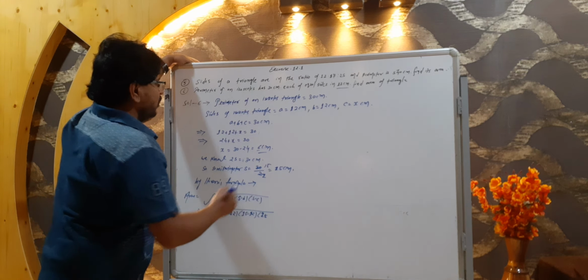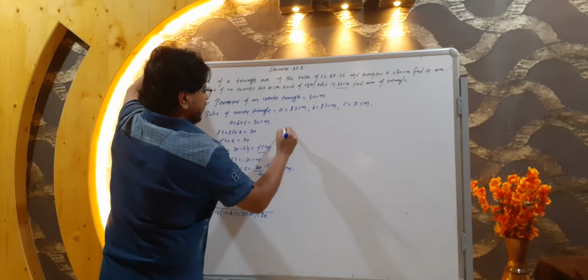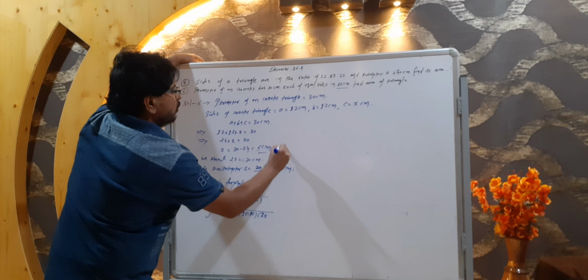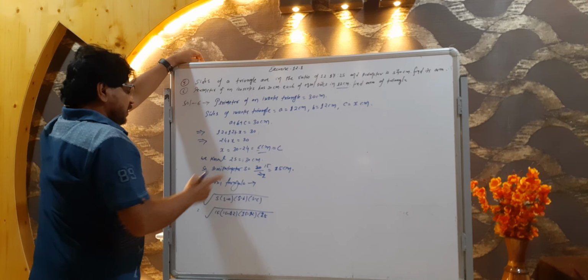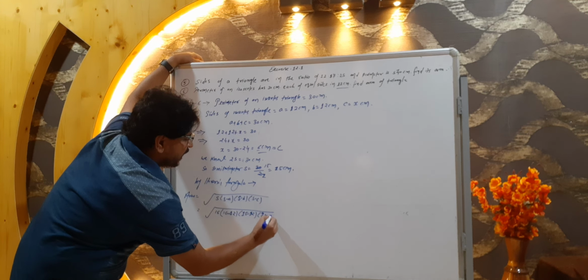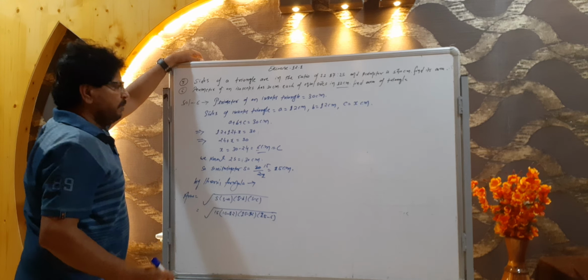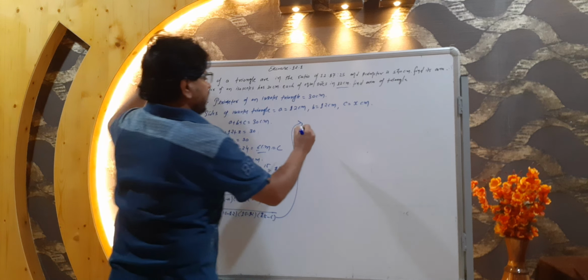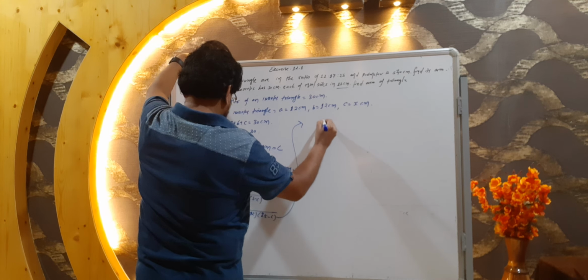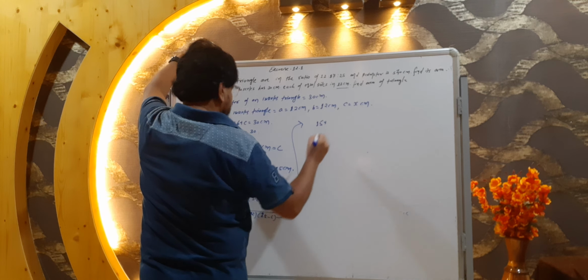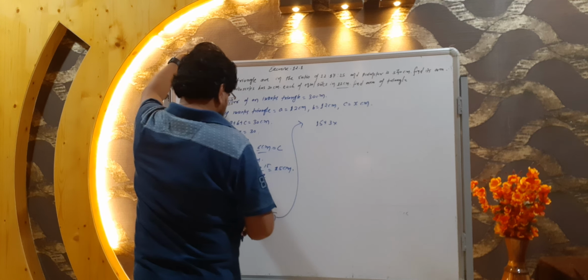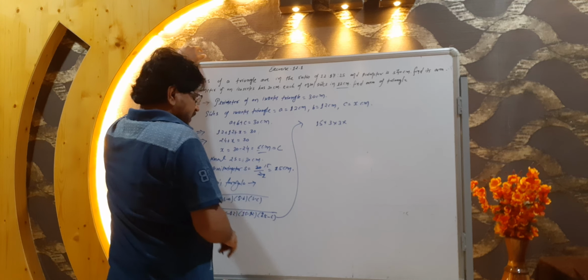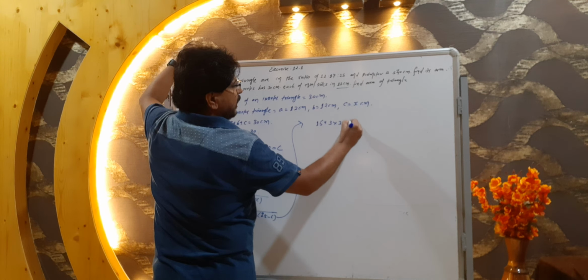C value we got 6, right or not? Here we already got 6 centimeter is equal to C. Means what is the value of C? It is 6. So 15 minus 6. See now what will happen? We got here 15 into 15 minus 12, that is 3, into 15 minus 12, that is 3, into 15 minus 6, then we got 9.